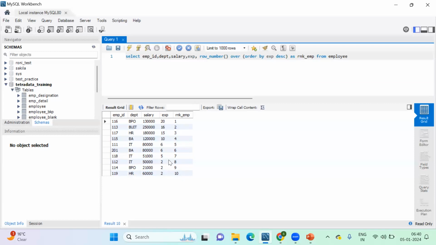Now the question may arise: two people with 6 are there, but on what basis are we giving 5 and 6? Both of them should receive the same rank over here. Is there any other purpose, or who is having fifth, who is having sixth rank? Now, this is the limitation of the row number function. When there is the same data on top of this column, we are doing the ranking on top of experience. When there are the same experience values, 6 and 6, then